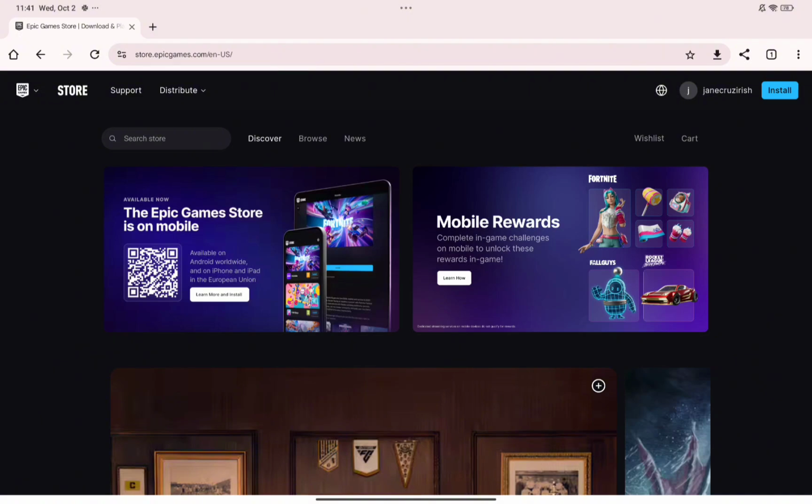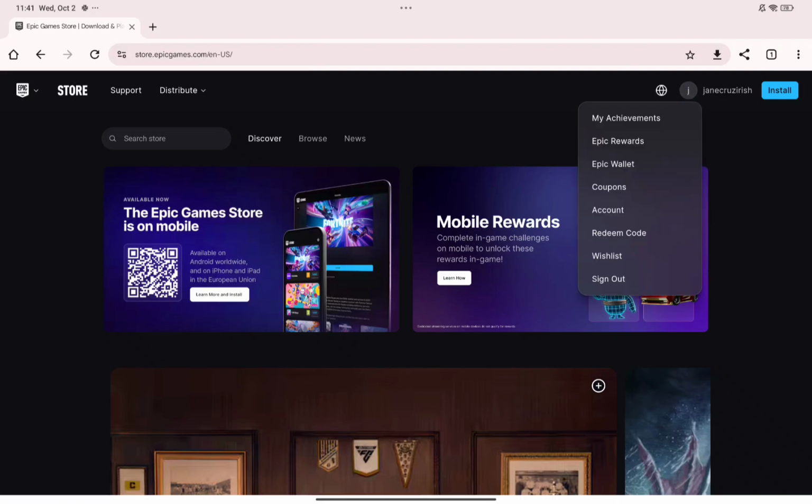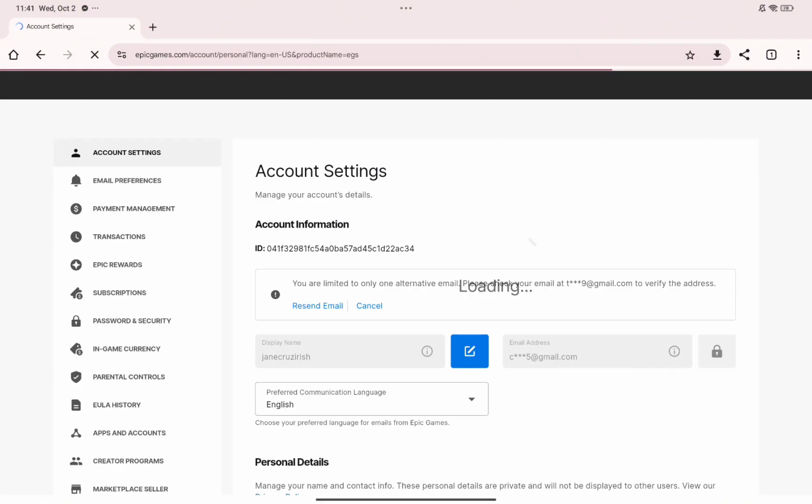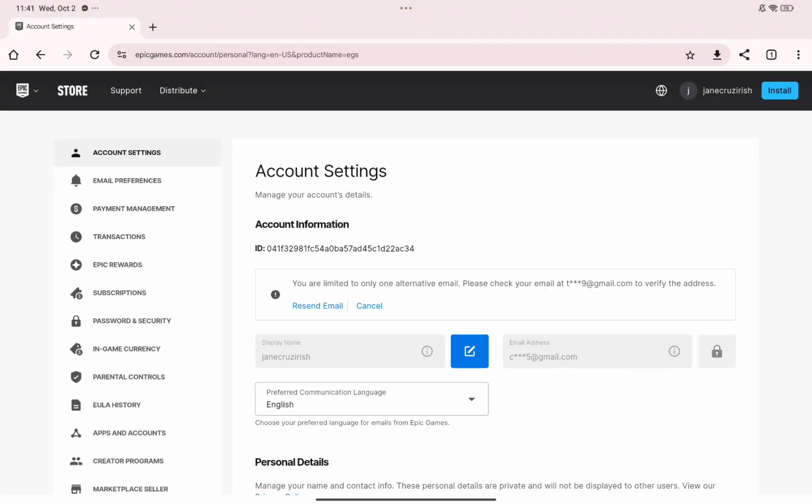Now go ahead and click on the top right corner of your screen where you can find your display name on Epic Games. And in here, go ahead and click on account and this will take you to your account settings. Now scroll down at the bottom of your account settings and you'll be able to find the option to